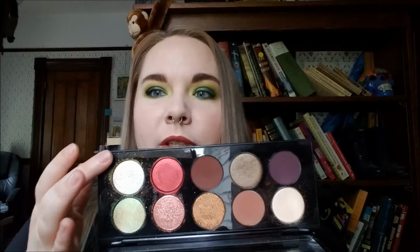You have these really complex formulas for glitter right here, and you have a nice, easy to use formula for glitter right there. What the fuck did you do with this one? How did you mess it up that it just won't sit still? Because it swatches quite nice. You think that that's going to be this gorgeous rose gold look, and it's there for about 5 minutes, and then the silvery glitter, because I guess there's some kind of silvery glitter in there, that pigment moves around, but